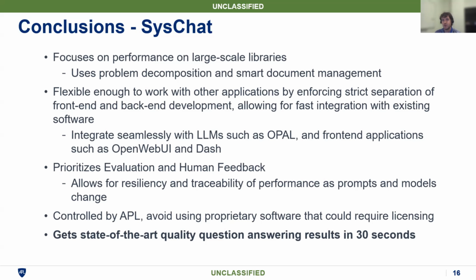LLM software moves extremely quickly, so it's important, if you spend a lot of time generating a user interface for a beautiful front-end tool, that's great, but you have to make sure it works with the newest class of large language models. We also prioritize evaluation and human feedback. This allows for resiliency and traceability of performance as prompts and models change, and importantly, controlled by APL. So we're avoiding using proprietary software that could require licensing or has concerns about, can we use our data